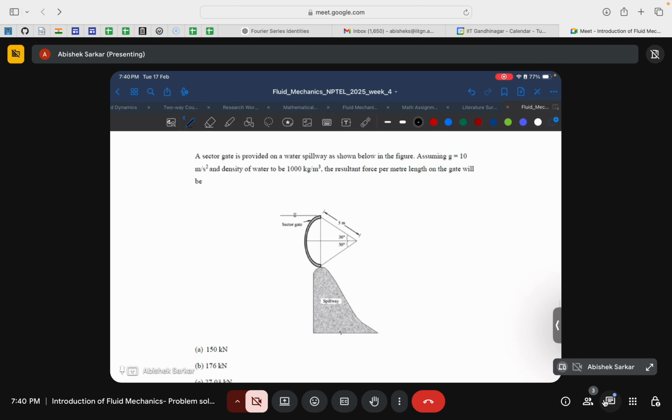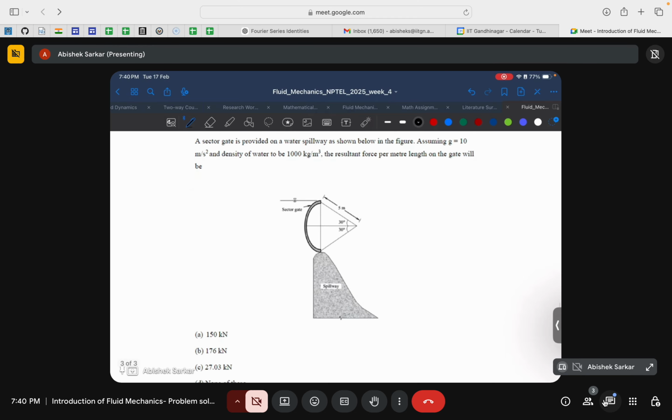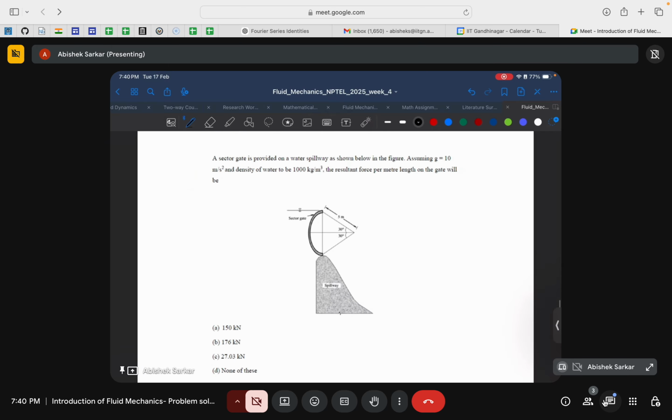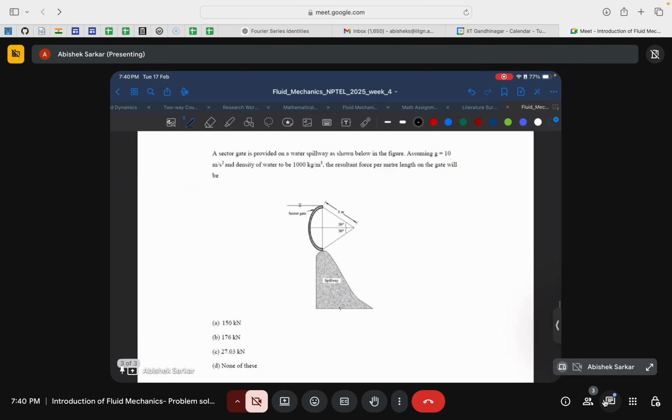So this is a question that you might need to use pen and paper to solve. Okay, it is an extensive problem, so let us look into it. A sector plate is provided on a water spillway as shown in the figure given below. Assuming g is equal to 10, density is 1000 kg per meter cube, the resultant force per meter length of the plate of the gate will be,